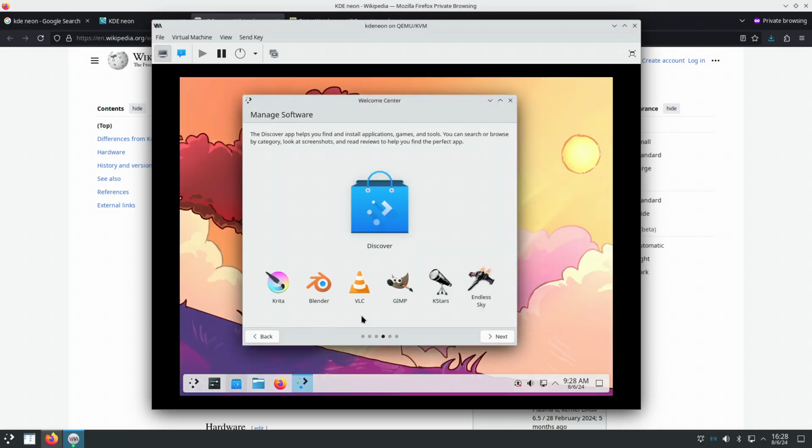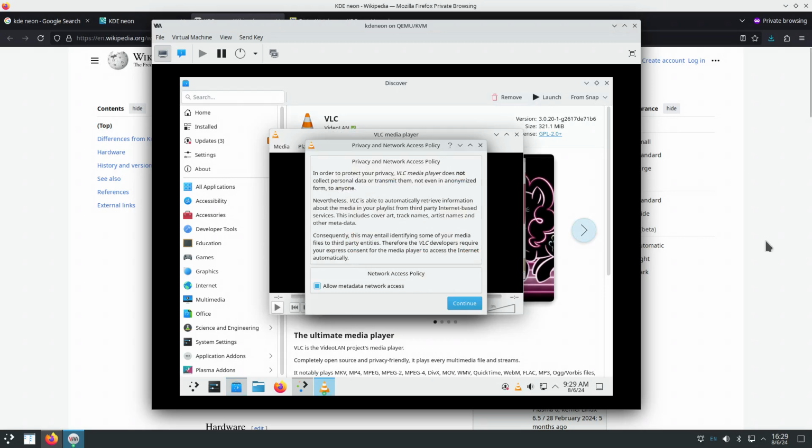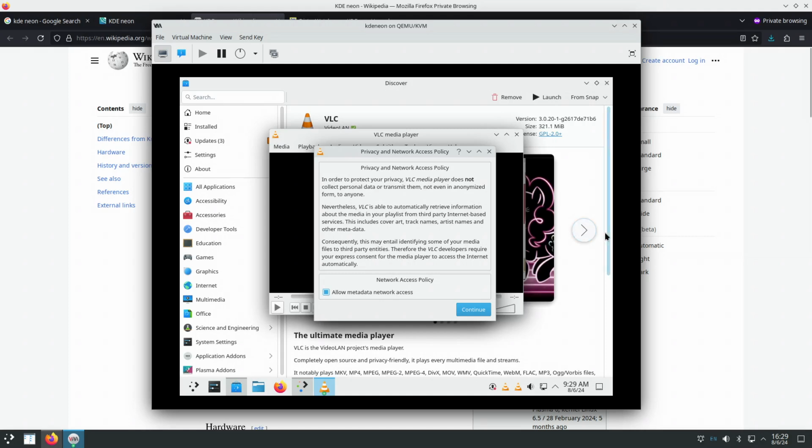Let's see VLC. Launch. Something's happening. So after a while, the computer's CPU fan has started spinning,